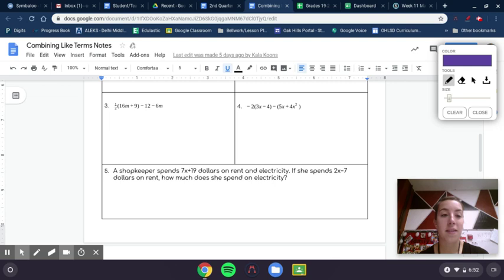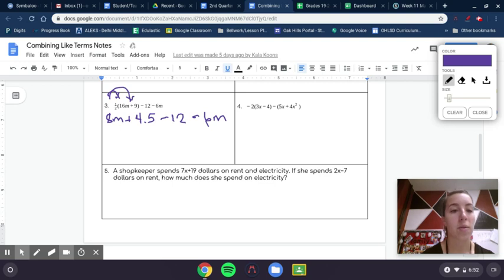All right, and this time we have the distributive property, but there is actually a number in front, which means it's a half. So a half is going to be distributed to everything inside the parentheses, and it's just inside the parentheses, not to the rest of it. Okay, so if I distribute that half to everything inside the parentheses, half of 16m becomes 8m, plus half of 9 is 4.5. And then I have -12 and -6m. So this time I'm going to do it where I just bring the sign in front of it with me. Okay, so 8m,